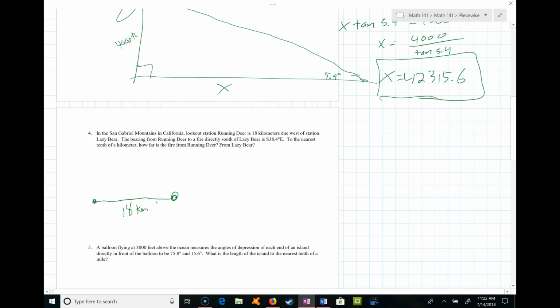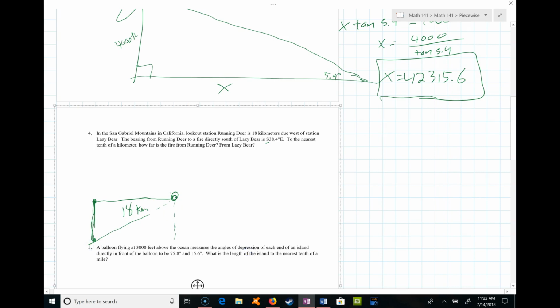The bearing from Running Deer to fire directly south of Lazy Bear. Okay, so it's directly south of Lazy Bear, so it's down here somewhere. Directly south. See how that'd be directly south, 90-degree angle. The bearing is south, 38 degrees east. So that means if you look south, that's the starting direction, turn 38 degrees